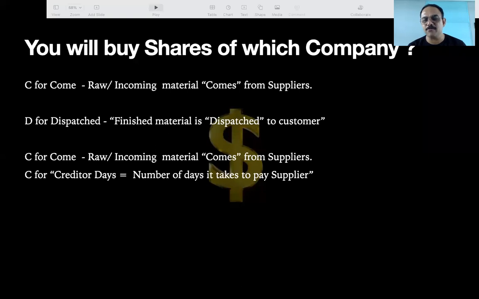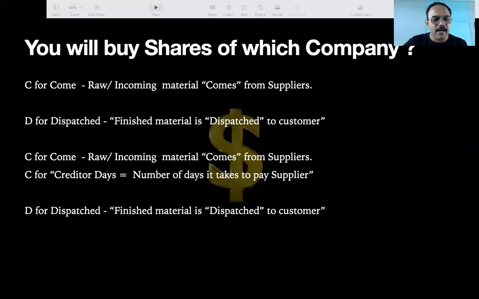Nahi, one day na, 52 kaise ho gaya? Right? It is paying the same day. Woh material liya and it paid to the supplier, the bread supplier. So 1 day. So credited days in our case is 1 day.